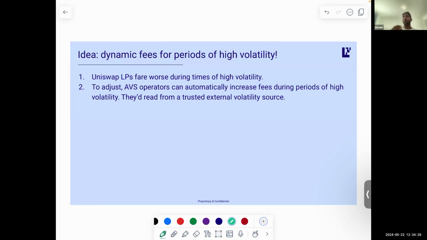But dynamic fees can be useful, and Uniswap LPs fare worse during times of high volatility. So how can you solve for that? You just charge a higher fee during high volatility. How do you know when it's high volatility? You have an external oracle that determines the volatility of this specific pair. Maybe it's the ETHUSDC pair, maybe it's another pair. And where are you going to get that oracle? It's not available on Chainlink, but what's cool about these